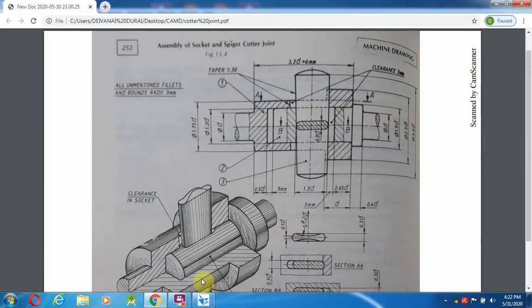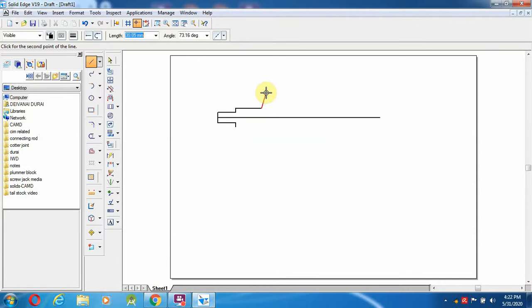So I am going to 2.5d, which is 50. Already we have drawn up to this diameter, which is 35. So 50 minus 35 is 15, again 7.5 mm distance I am going to make a line. Then towards here 20 mm distance, 20.